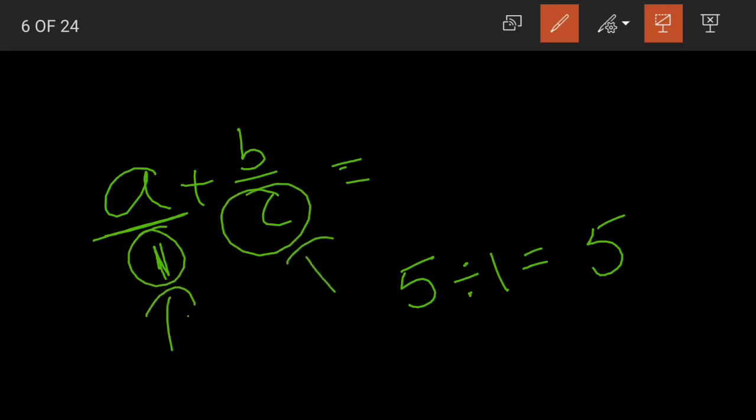A is having 1 as the denominator and B is having C as the denominator. Yes, students? Now in that case we need to take the LCM of fractions. Now that is a big process, that is like going deeper into the fractions. But for now, as we are learning the basics about fractions, let me tell you that while calculating the value